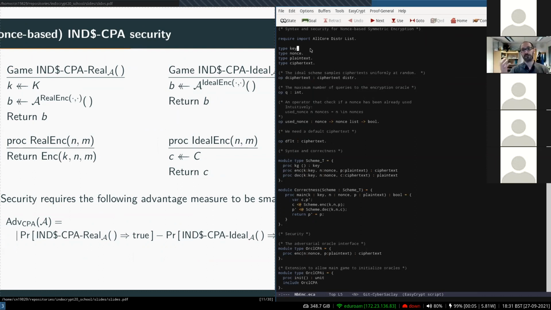The fact that we just declare them means that a type in EasyCrypt is a non-empty set. So we just say there exists some non-empty set of keys, some non-empty set of nonces, and the same thing for plaintexts and ciphertexts. Everything we're doing below is going to apply to all of those, as long as they meet certain